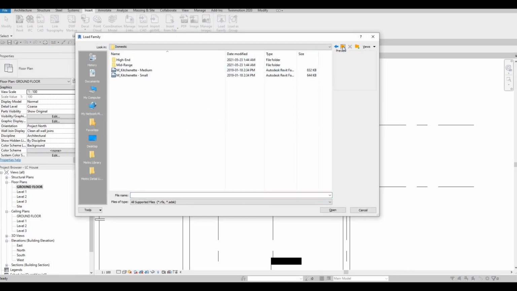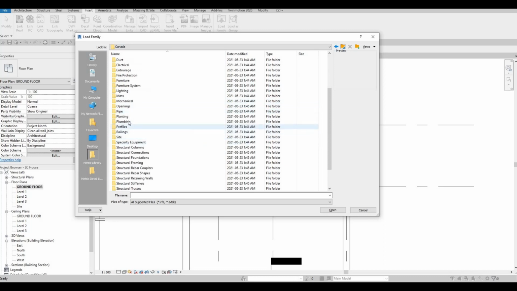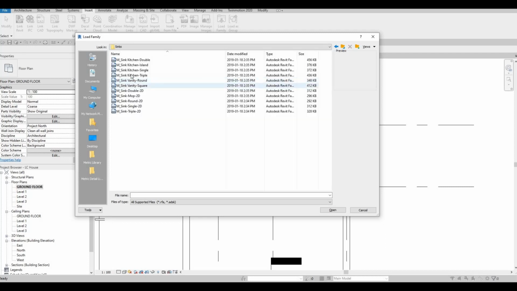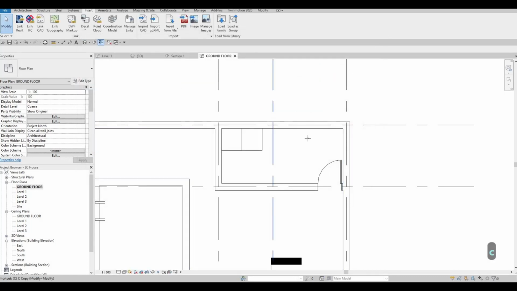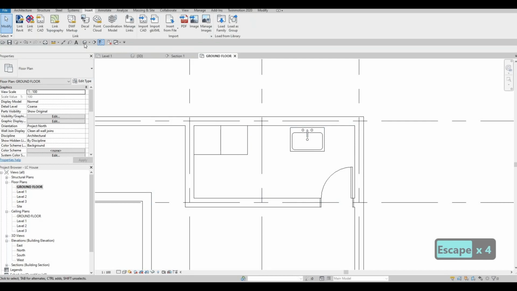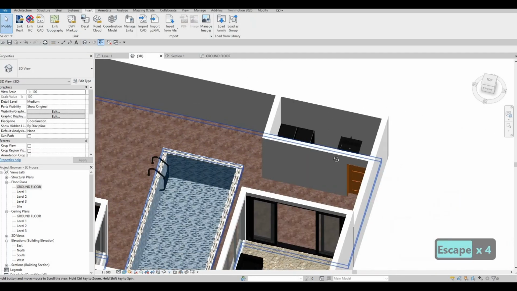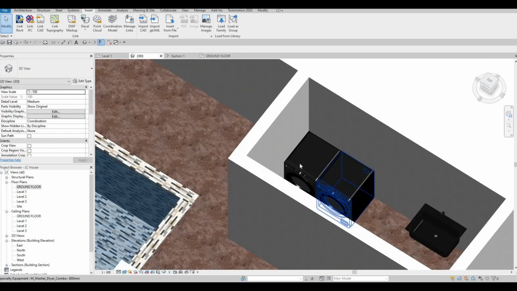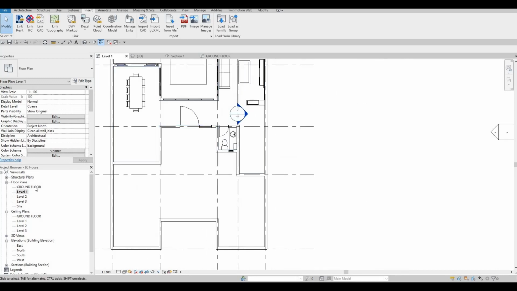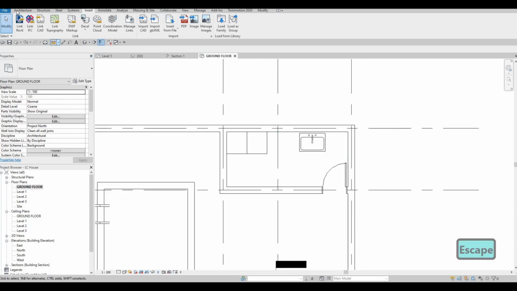So let's go back and then go to plumbing, architecture, fixture, and then we have sink right here that we could use. Maybe one single one is more than enough. CM on that, and then let's add a sink right here. And if we look at that, there will be a sink right there with the washer and dryer right there. And I believe the best thing to do right here, so let's go to ground floor again, just to add